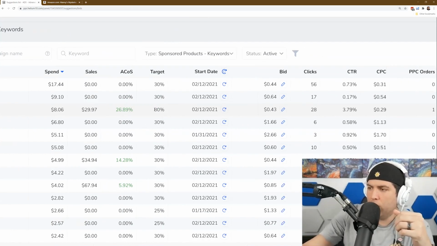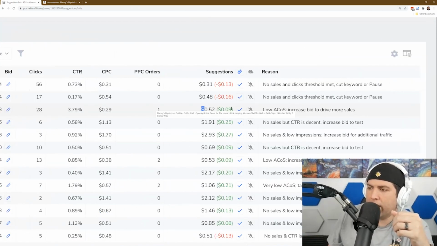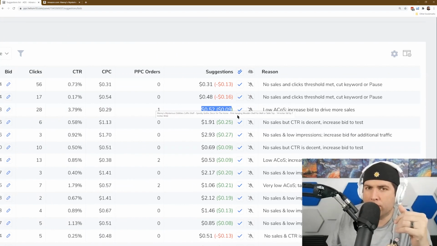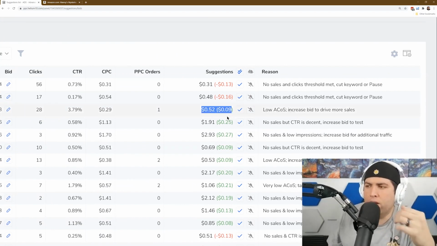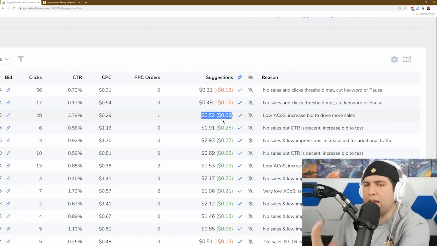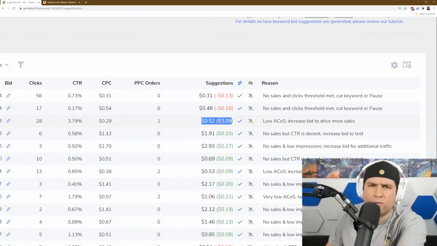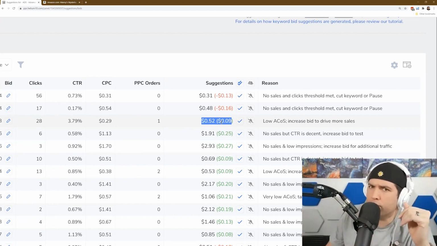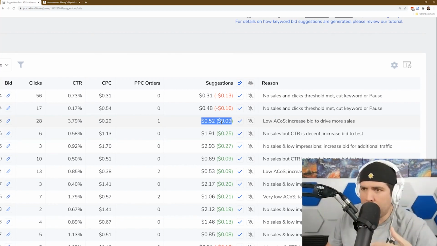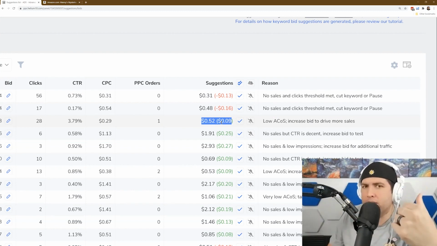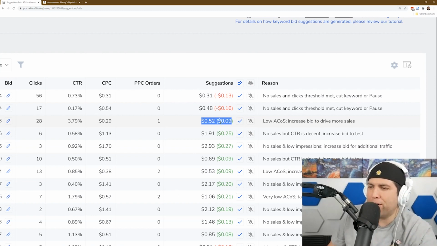So you know what? Why don't you go ahead and increase this bid 9 cents? Let's see if we can get some more exposure. Now, first of all, to even find that in Seller Central, this is not special information. I of course could have just downloaded this from Seller Central. I would have had to download that report, make some query to find this, and then go back into Seller Central, find where this keyword is, and then increase the bid.